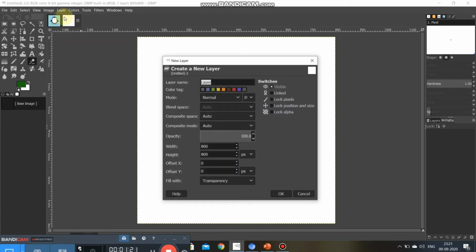so we'll click over the new layer from here, okay? So as you can see, this dialog box appears. This is the new layer dialog box, okay? So from here we have to name the layer. For example, see, this is the layer name, okay? So we have to name the layer. As of now I am just taking the name petal, okay?